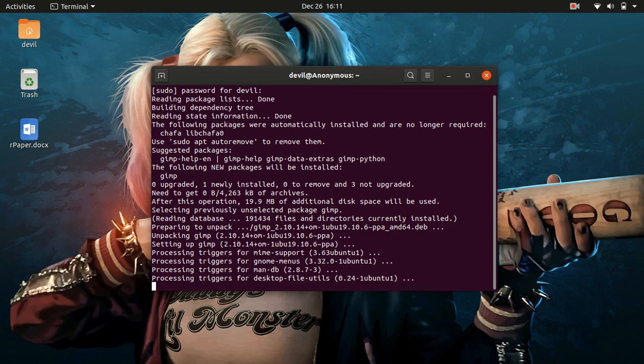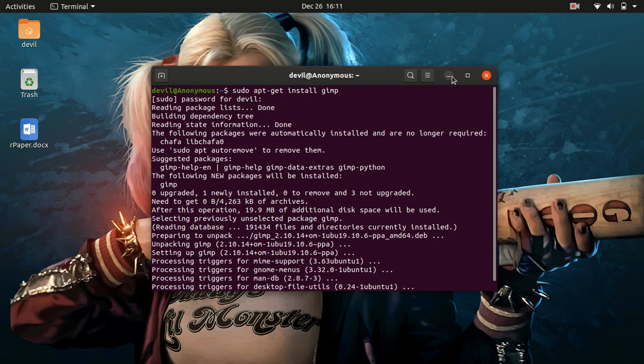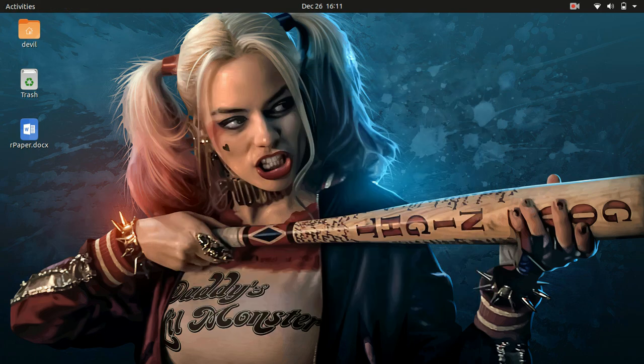It will take 2 or 3 minutes, depending on your internet. So this is basically the GIMP install, and if you want to see where it is, then you go to the